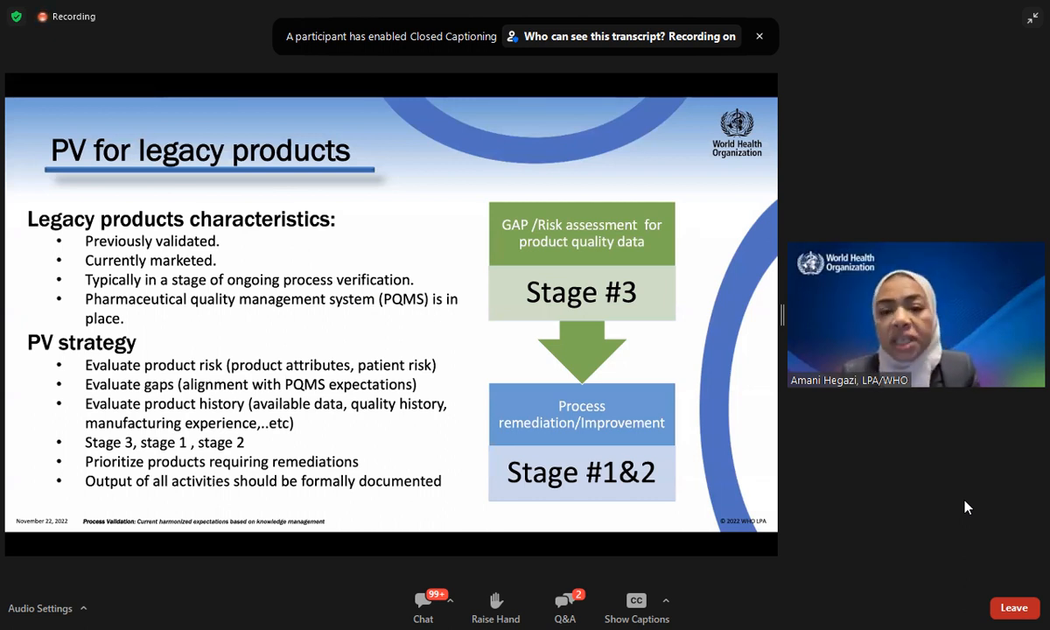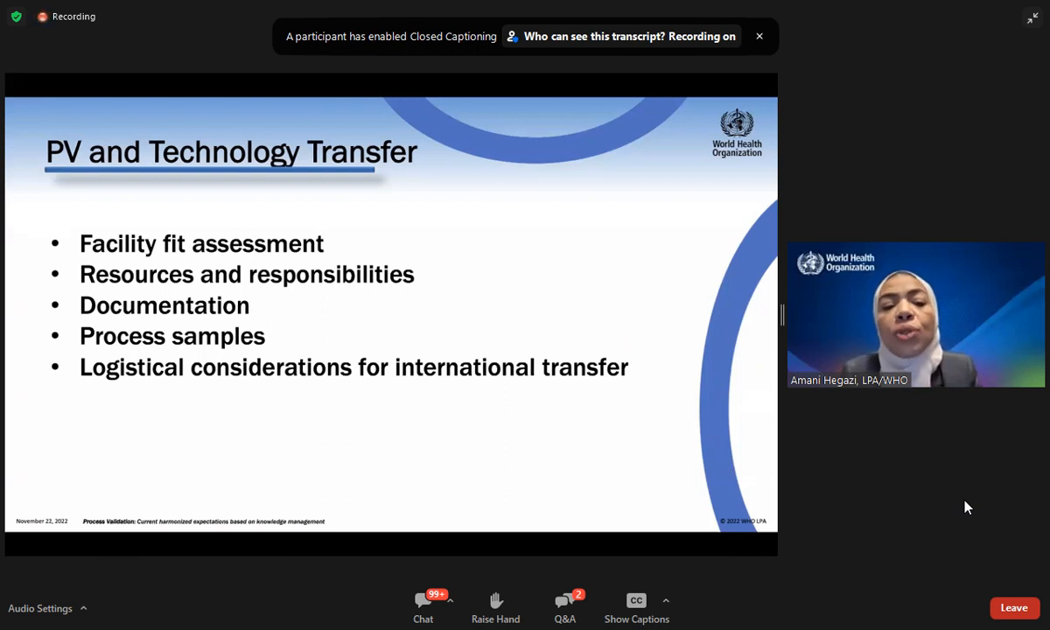You should prioritize the products requiring remediation, so the highest risk and the most critical product is assessed first, and the output of all activities should be formally documented. Another important aspect of process validation is process validation in the technology and tech transfer activity. This was well covered in the last session by Dr. Victor Makeda. And here it's just a reminder that in the technology transfer, we should do a gap assessment to